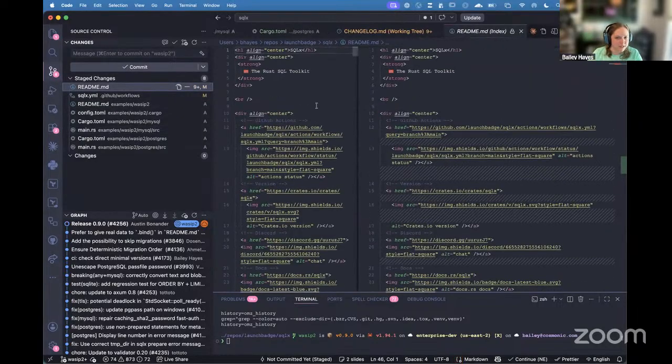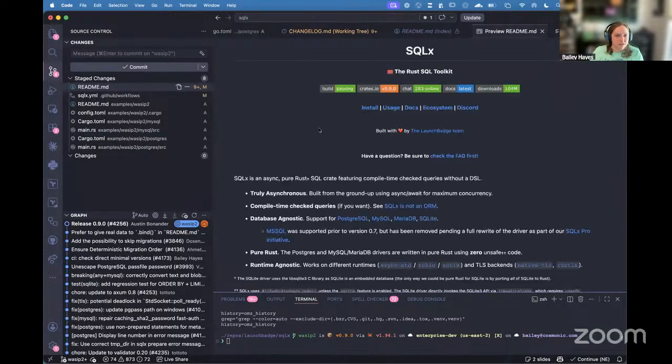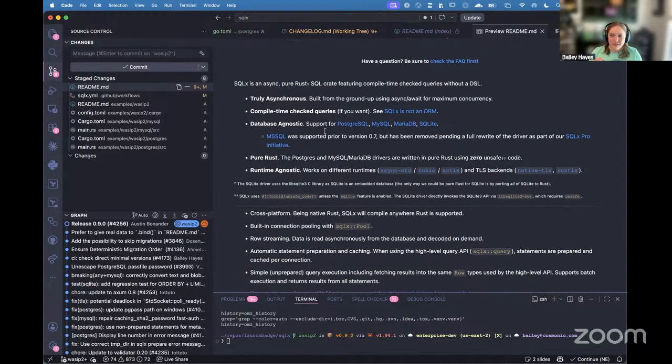People on the call generally know what SQLX is. Let me do a preview. Yeah. And this is in the Rust ecosystem. I'll say things because some people might not be familiar. It's basically a pure Rust crate, which isn't quite true. So I actually should give them a hard time for this. Depending on which driver you're using, it does pull in different types of C drivers, like the SQLite one. But if you're using Postgres, you can go down a path of a pure Rust crate. And it's a really nice way to basically code to one crate and be able to point to Postgres